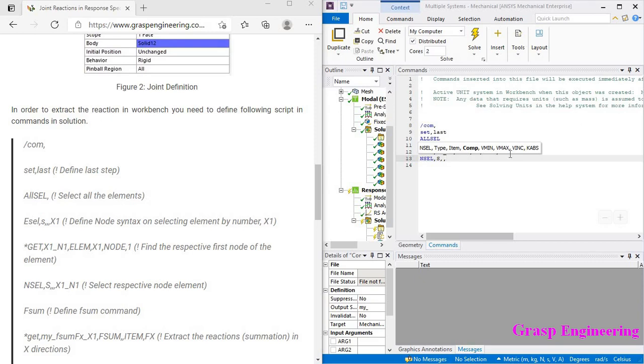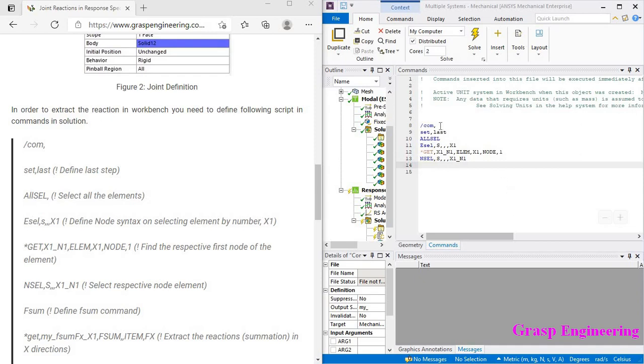So basically what we did, we selected the respective node, we define the type, and then we need to define the node name. So write that x1 underscore n1. So this is the same name which we defined in the previous step here. Okay, now once it is done, it is as simple as that.